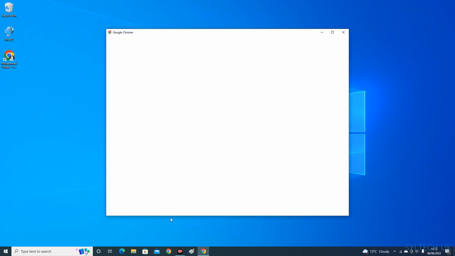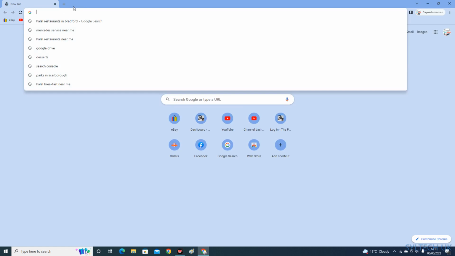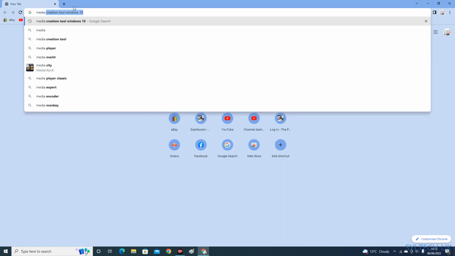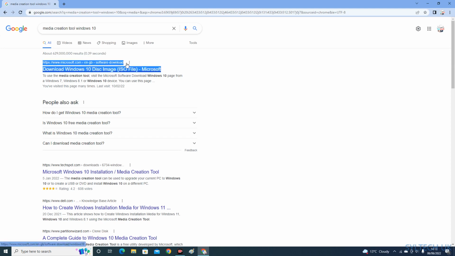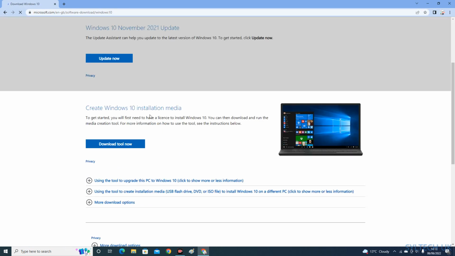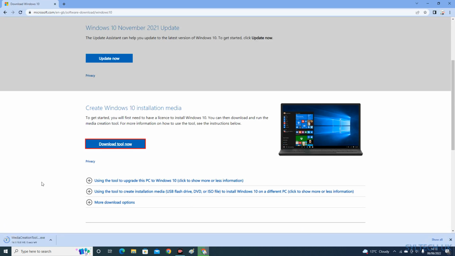Let's get started. Click on Google and type in media creation tool for Windows 10. So media creation tool for Windows 10, click on it, and then that will take you to Microsoft official website. Click on it and then click download tool now. It takes about 5 to 6 seconds to download the